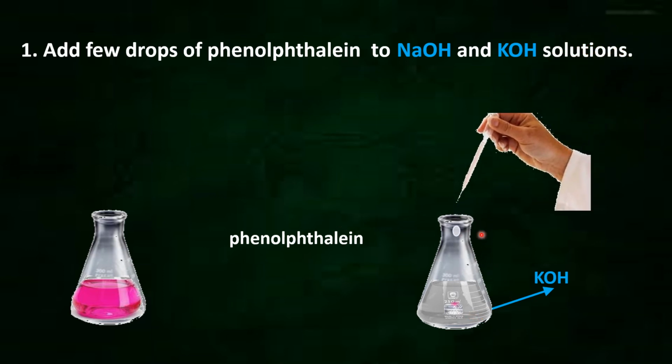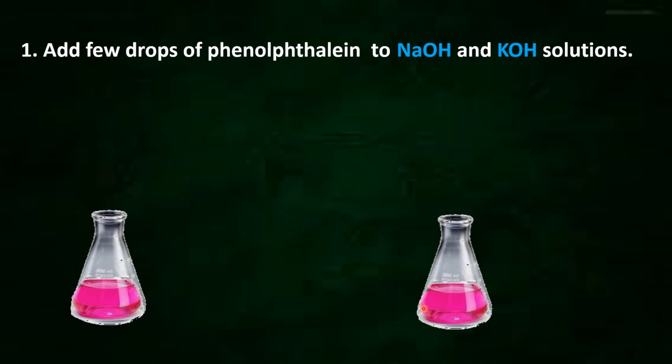We are adding a few drops of phenolphthalein to the potassium hydroxide solution. The solution is gradually changing to pink color, isn't it? So with phenolphthalein indicator, the colorless sodium hydroxide and potassium hydroxide solutions have changed to pink